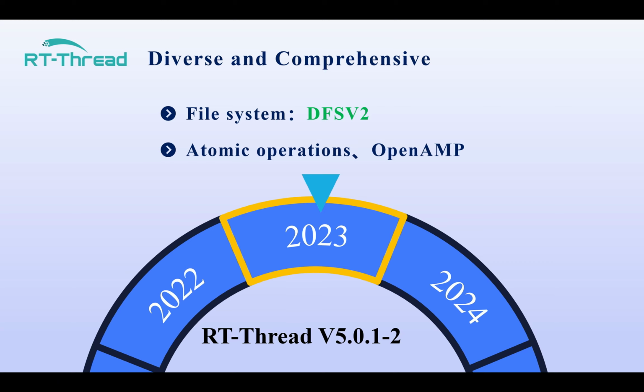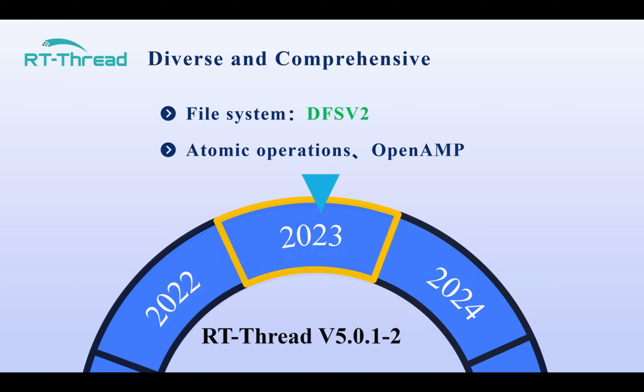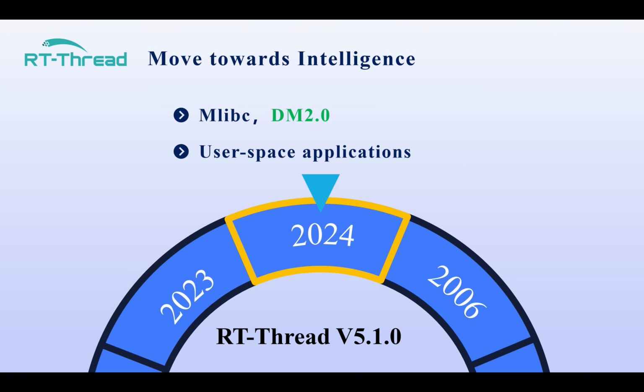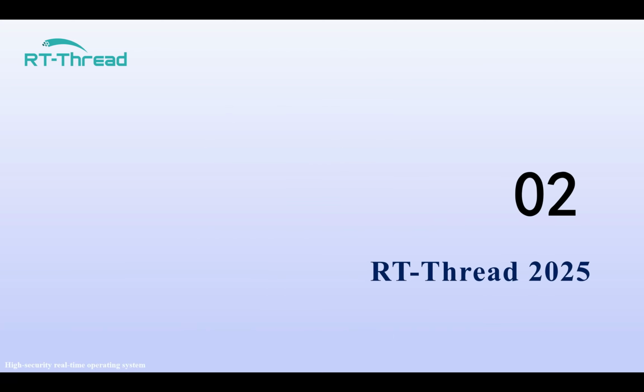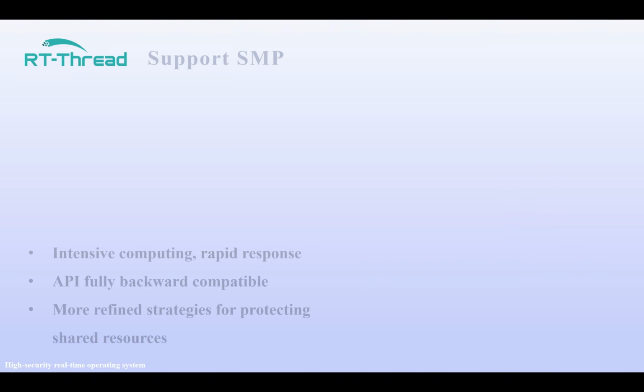As SoC became increasingly differentiated, with multiple processors per chip, RT-Thread unified the standards and launched the open framework. The time came to 2024. At the beginning of the year, RT-Thread released the 5.1.0 version. It further improved support for the POSIX interface and libc to enhance performance and enrich the application of RT-Thread Smart on user desktops. Next, I will introduce the main progress of RT-Thread in 2025 from both technical and ecological